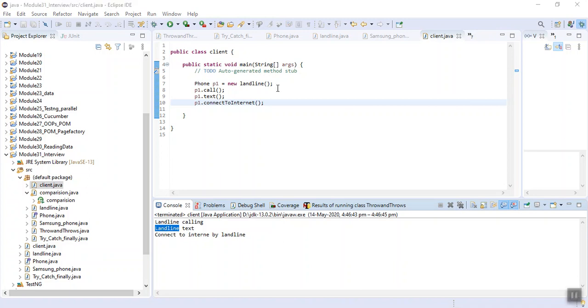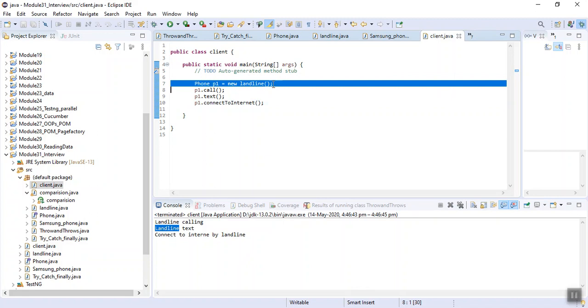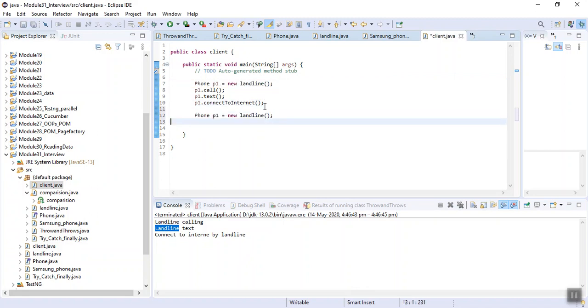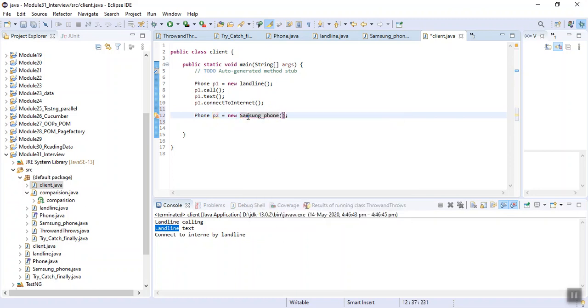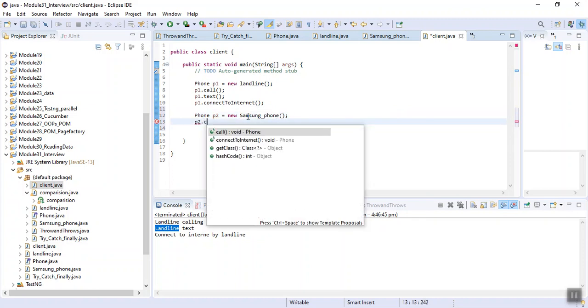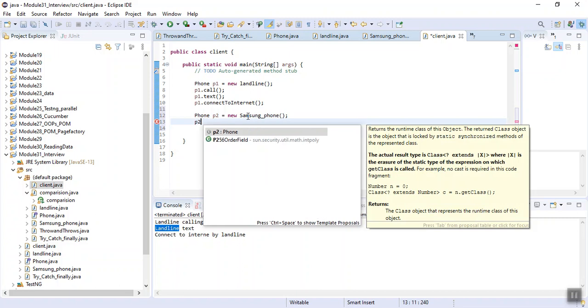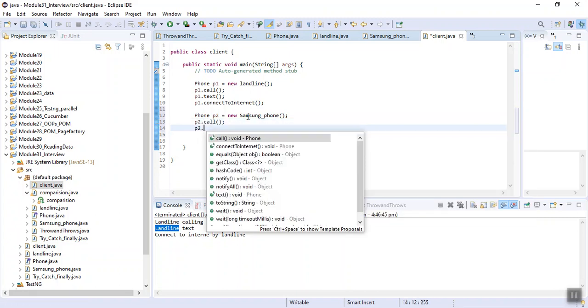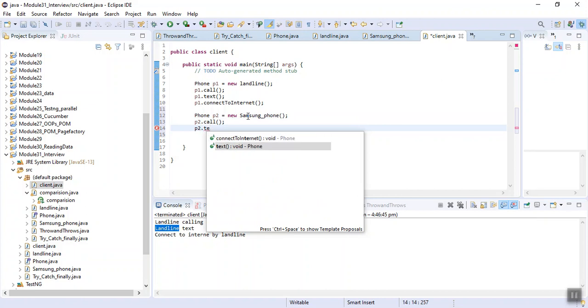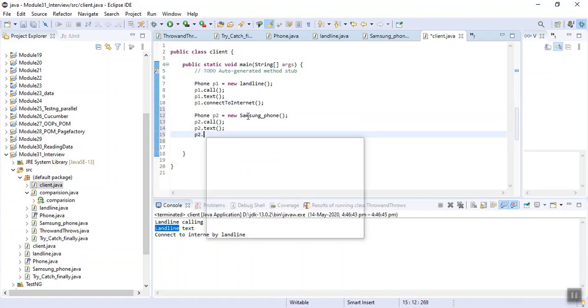Now I create a new object with the name p2, Samsung phone. And p2 dot call, p2 dot text, p2 dot connect.